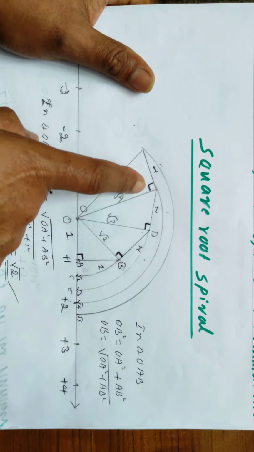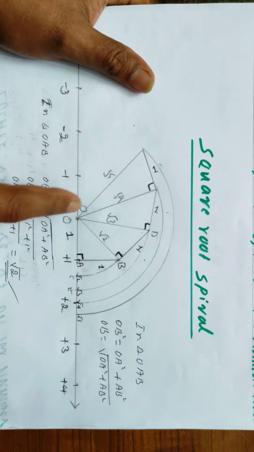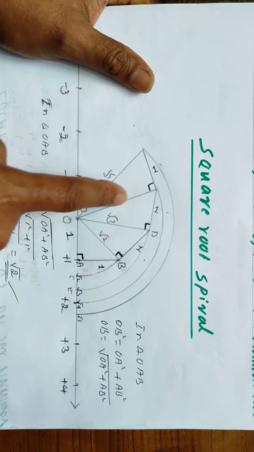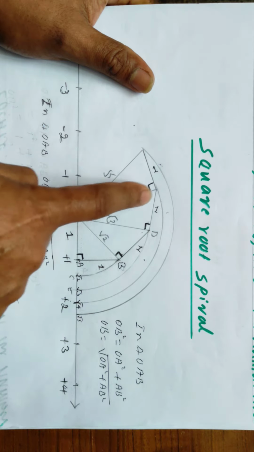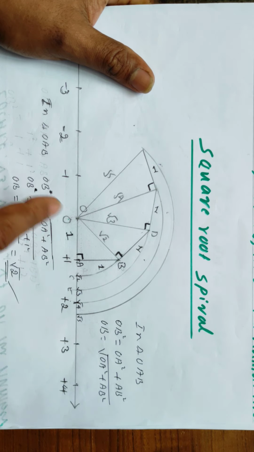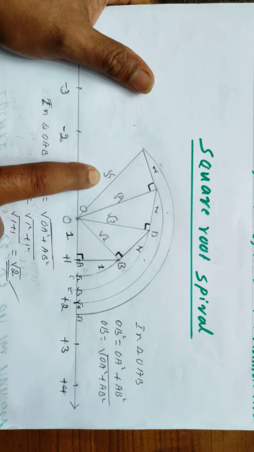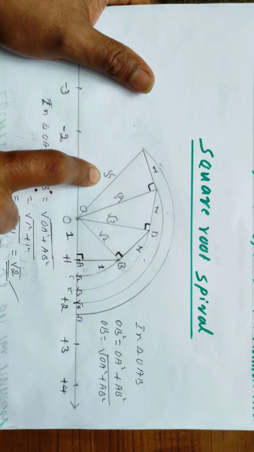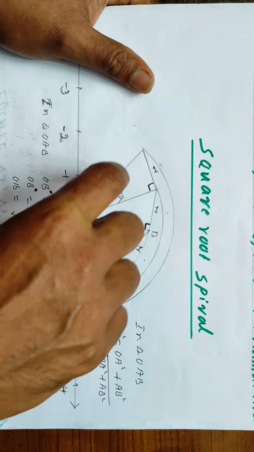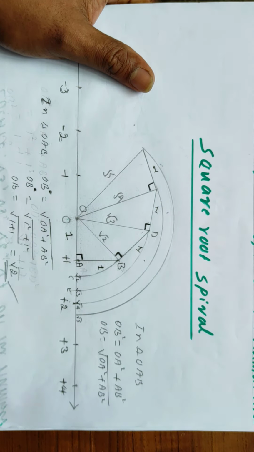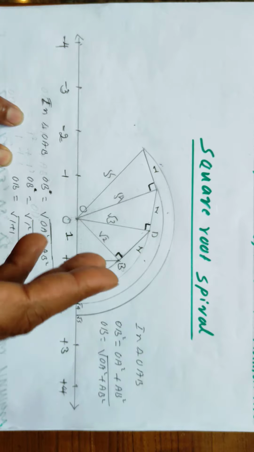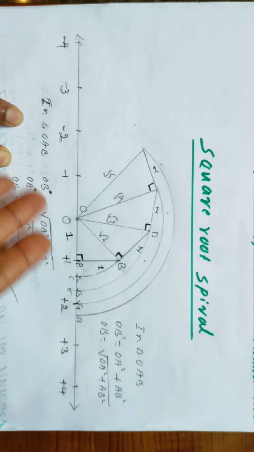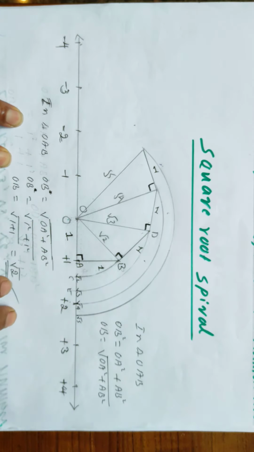Once again, take the hypotenuse of this triangle as base and height equal to 1 unit. We construct another right angle triangle. So join these 2 points. That length will be root 5. Once again, this length is shown on the number line. In this way, you can continue to locate root 6, root 7, root 8, etc.